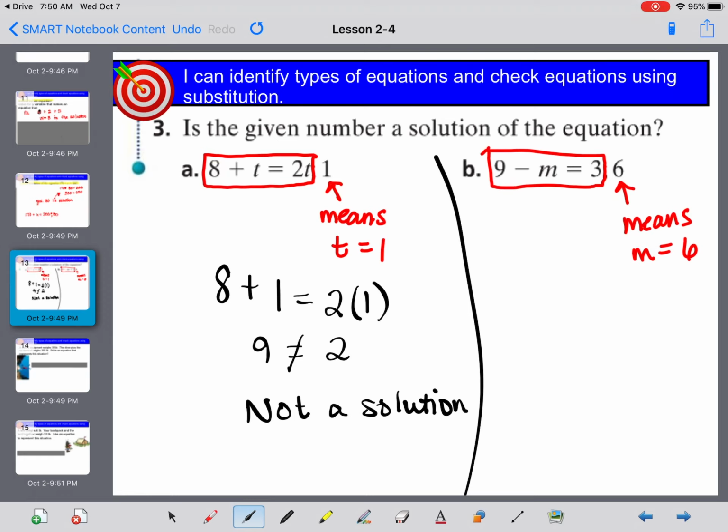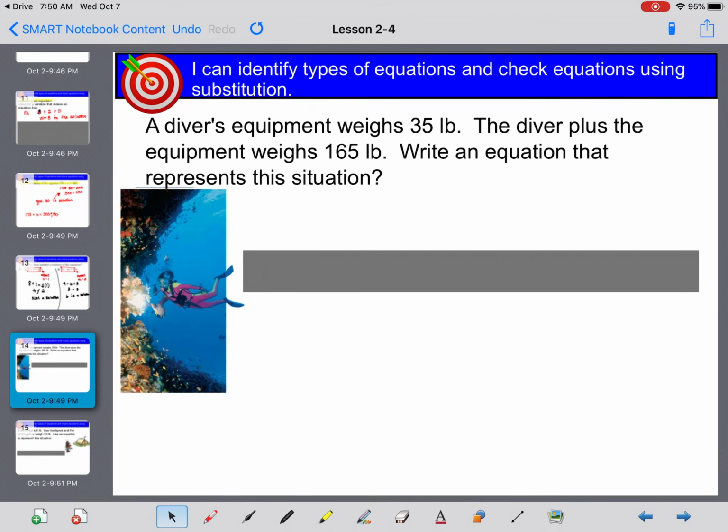The next one, when I substitute or swap out the m with a 6, I get this equation. I get 9 minus 6 equals 3. Does 3 equal 3? Yes, that's true. Since it makes a true statement, this 6 is the solution. And there is my work to prove it. All right, so now